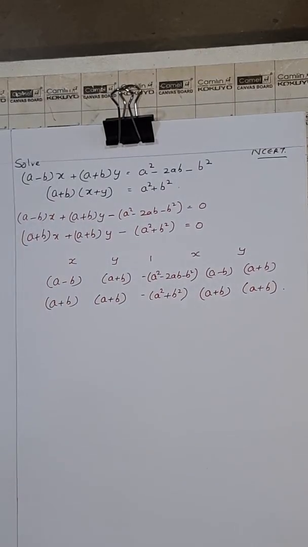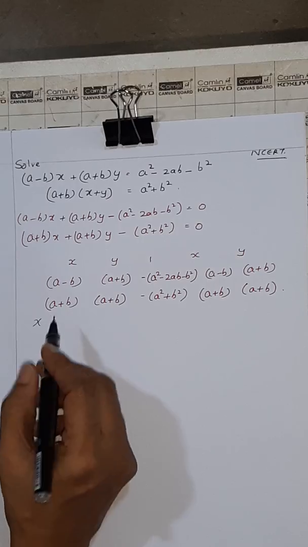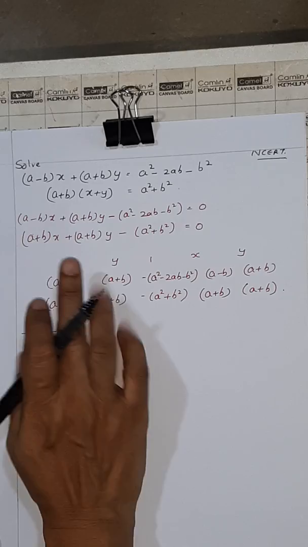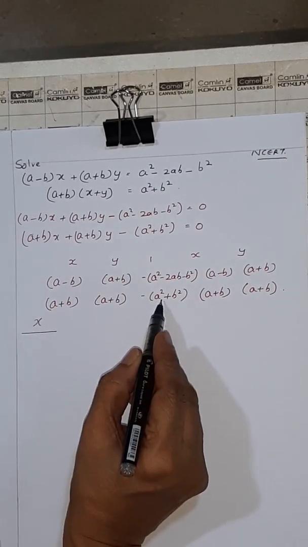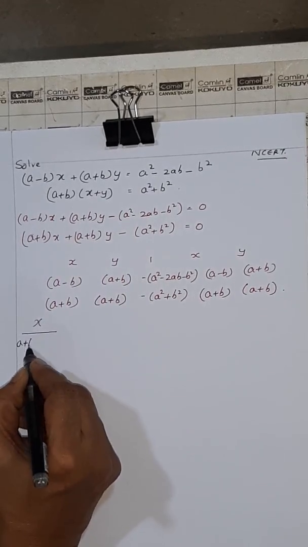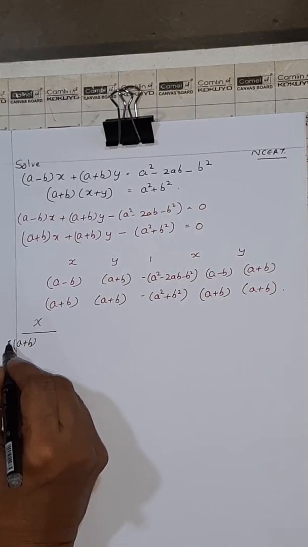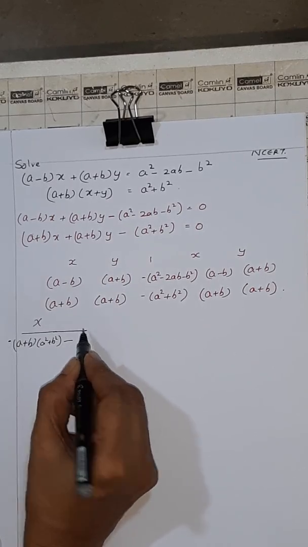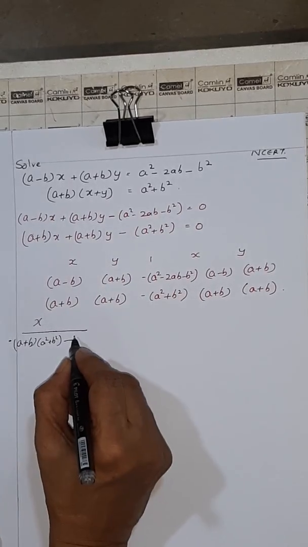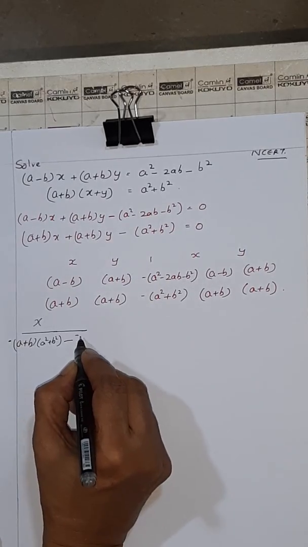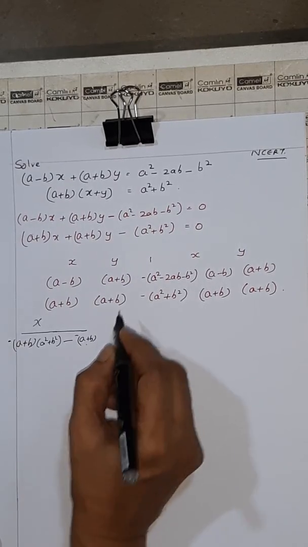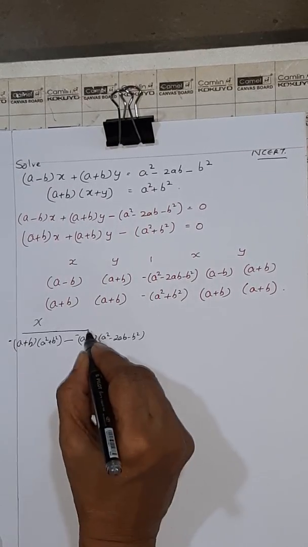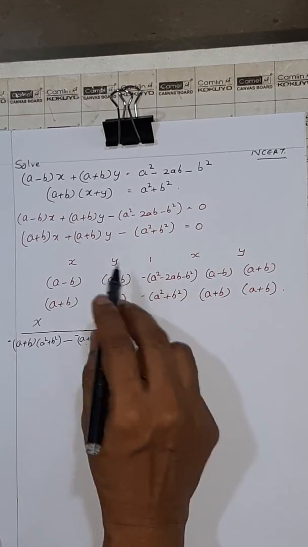Now x divided by, so you leave this and multiply, so a plus b into minus of a squared plus b squared minus, then minus a plus b into a squared minus 2ab minus b squared is equal to y divided by,